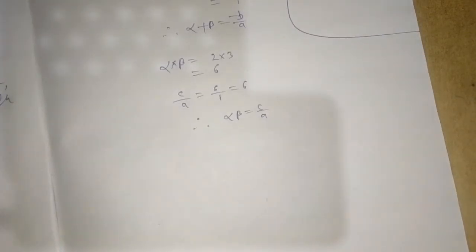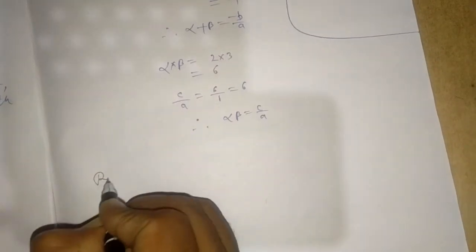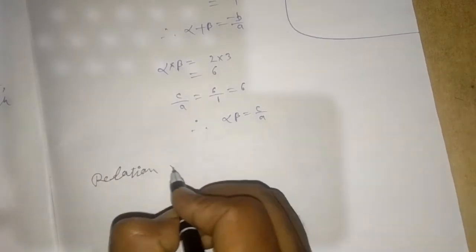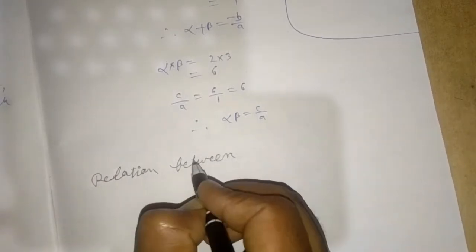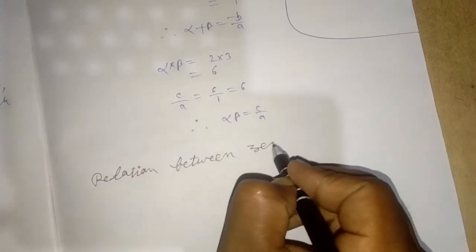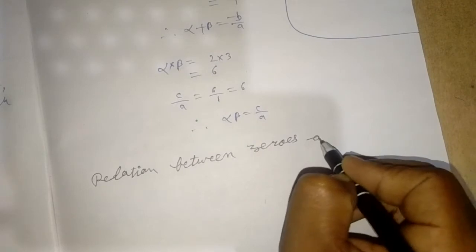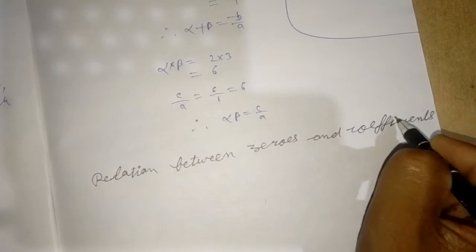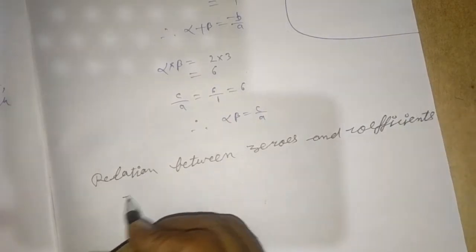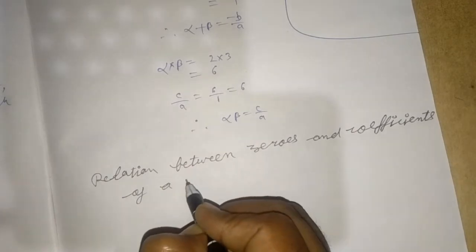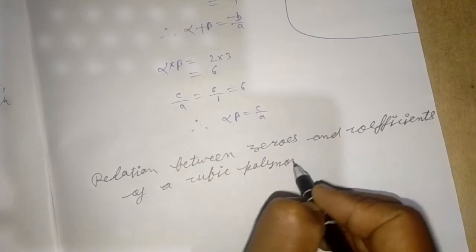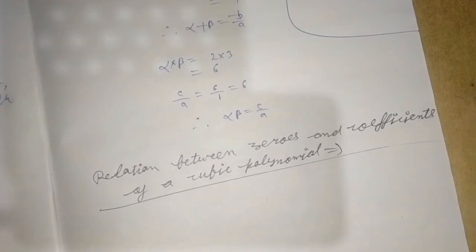So our next heading is relation between zeros and coefficients of a cubic polynomial. Okay, so we write here, if